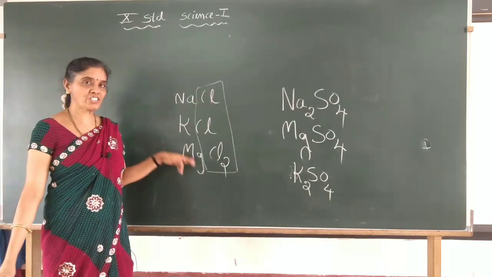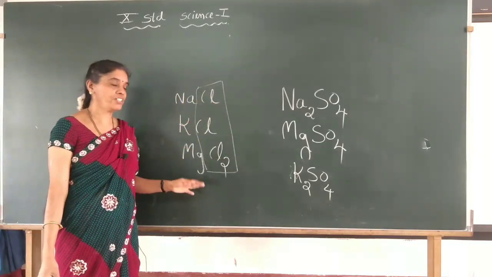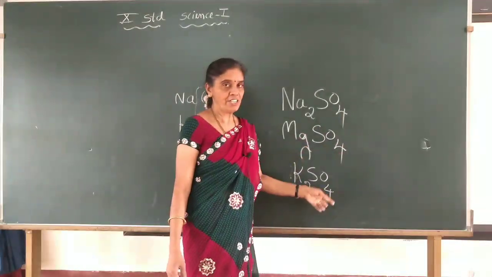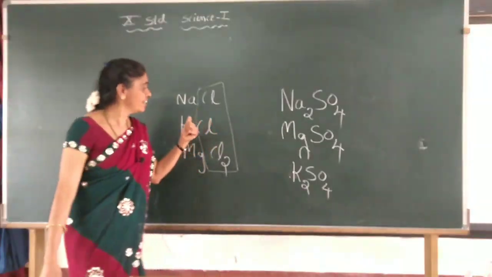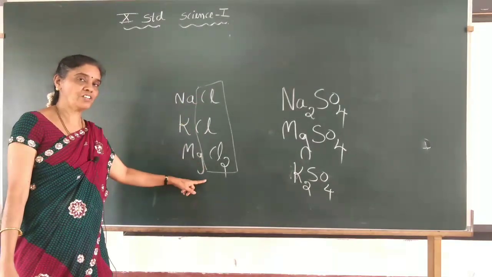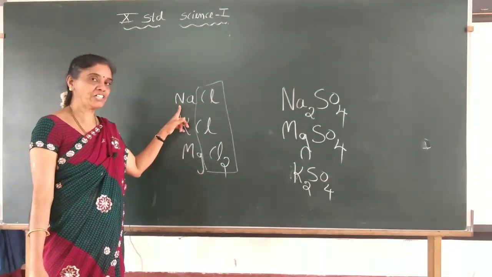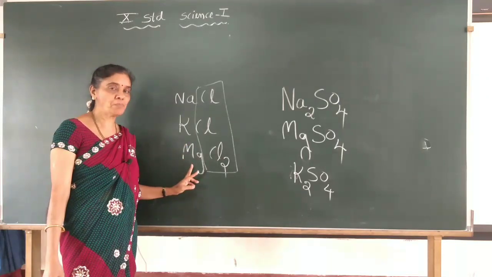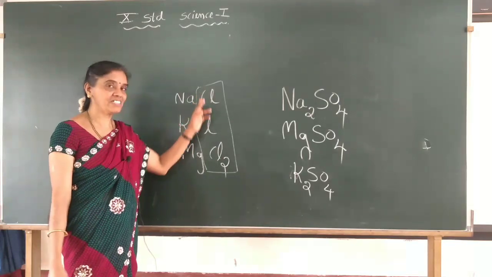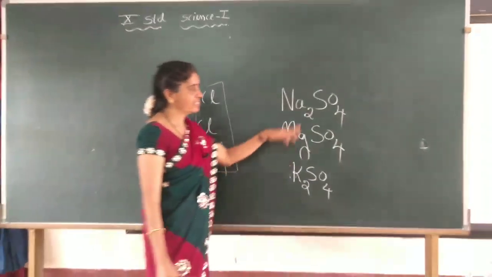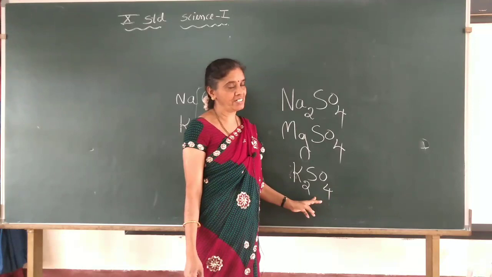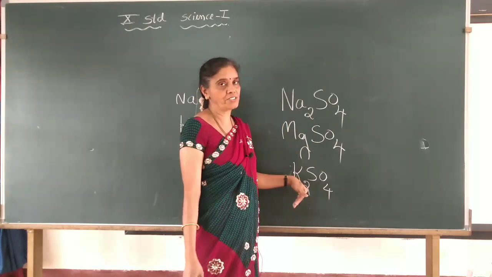Now if you see here, this is an ion, chloride. So these belong to the chloride salts, and these are sulfate salts. Which acid do they have to take? Hydrochloric acid, and the base is sodium hydroxide, potassium hydroxide, or magnesium hydroxide. Then they will get these salts. Or if you come here, this is a group of salts with the same anion, the sulfate ion. So it is another group of salts.